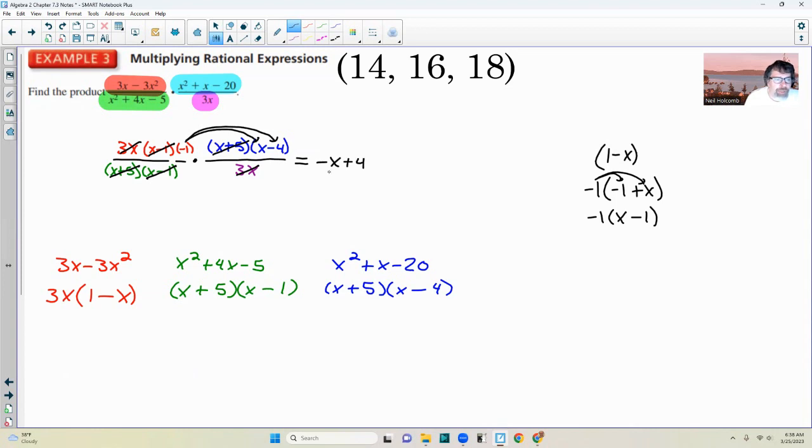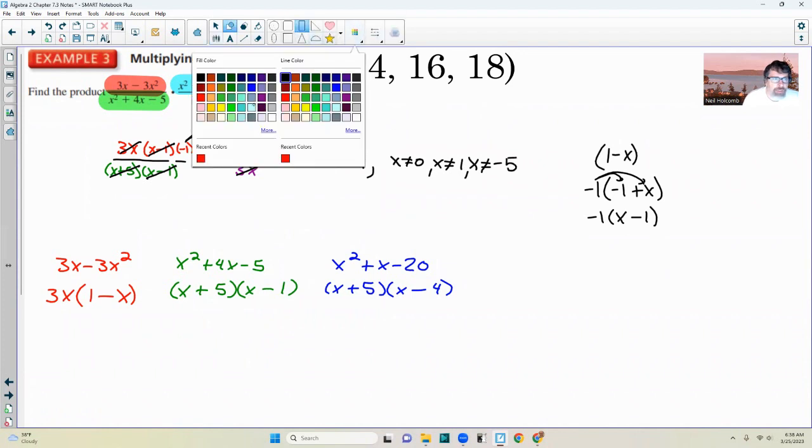So I ended up with negative x plus 4, but don't forget, x can't be anything in the denominator that makes any of the factors 0. So x cannot equal 0 right here. x cannot equal 1 because 1 minus 1 is 0. And x cannot equal negative 5. Okay, so our solution to this is